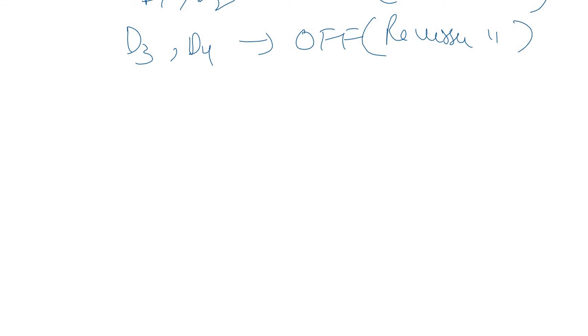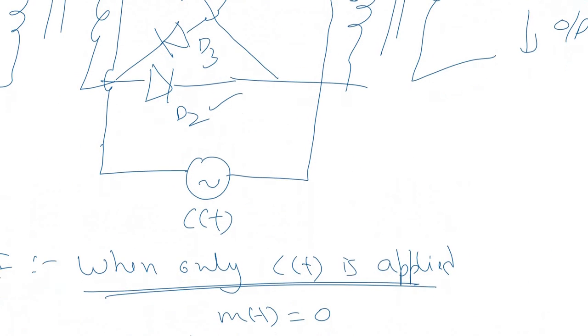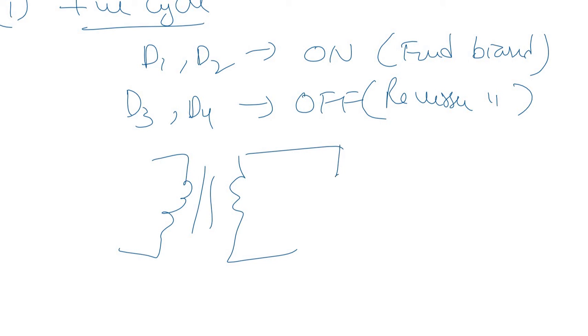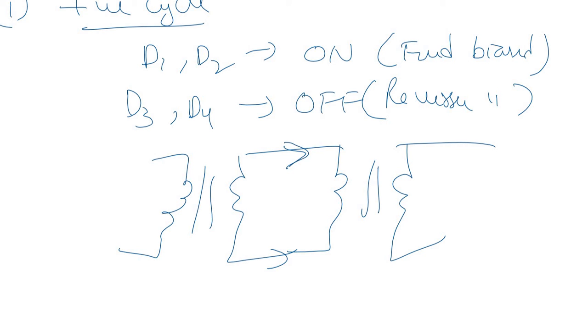So there will be equal and opposite conduction. You can simplify the ring modulator circuit as this now. D1 and D2 are forward biased, so the 2 branches having D1 and D2 will conduct equal and opposite current, and hence the resultant output is equal to 0. Correct. Now let us take the second case for the negative cycle.